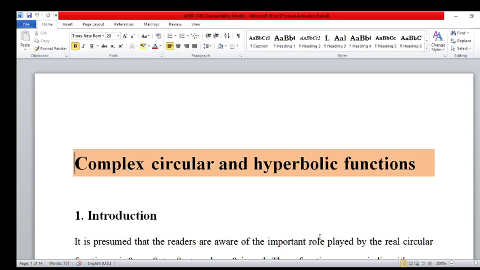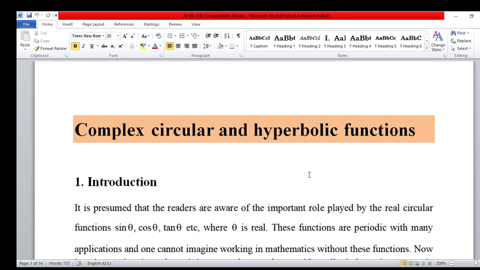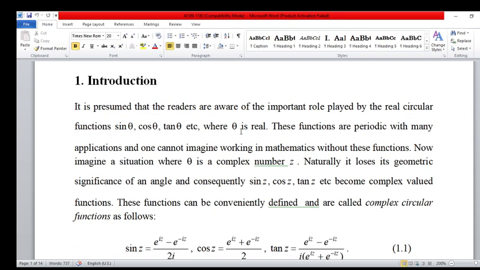Hi friends, welcome back to this class. This is the second part of this unit, and the title is complex circular and hyperbolic functions, meaning circular and hyperbolic functions of a complex number. Their introduction: